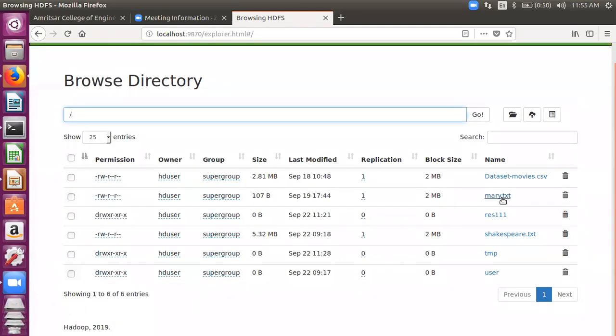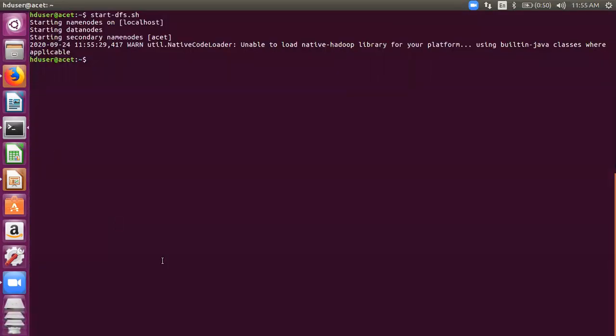So here is a file mary.txt. Okay, that's the nursery rhyme. I've stored it here, mary.txt in the root. Okay, so let's execute this file now using this jar file. You can note the command. This is the hadoop jar. Then the complete path. You should go to that path. Okay, then go to the share folder.